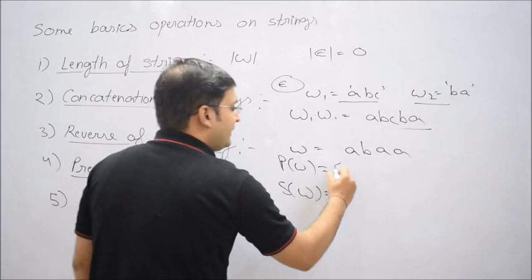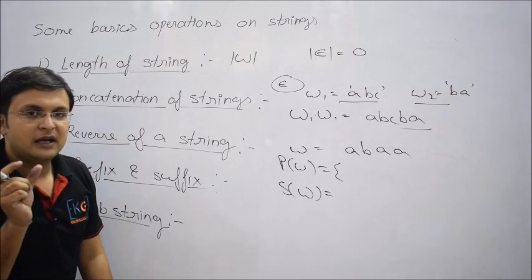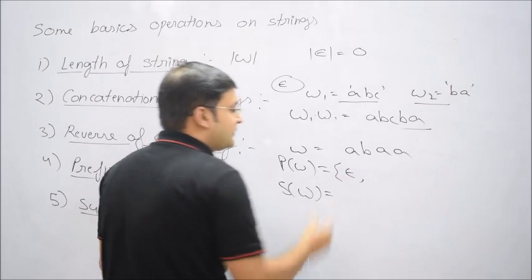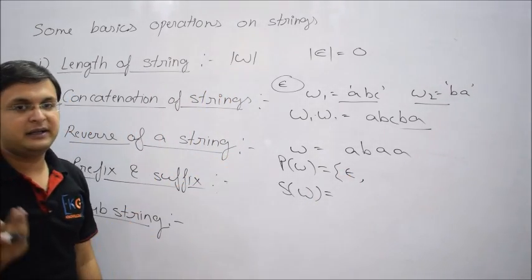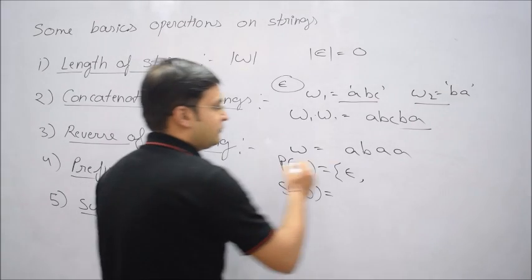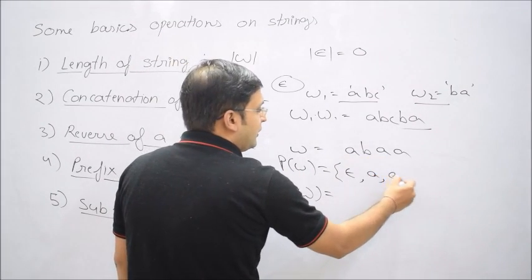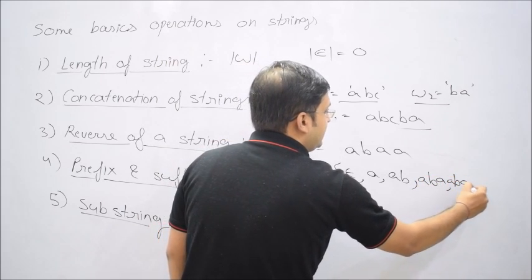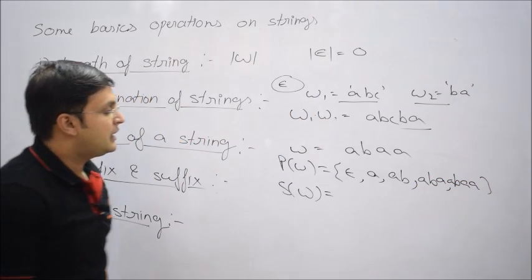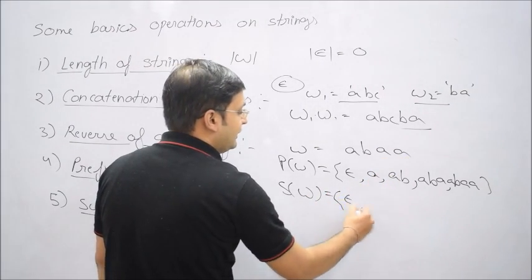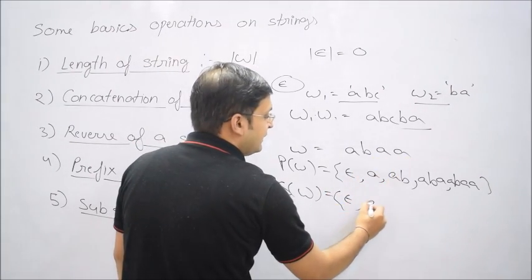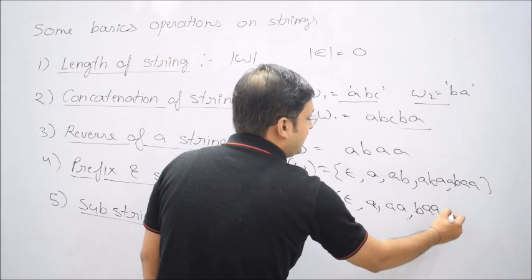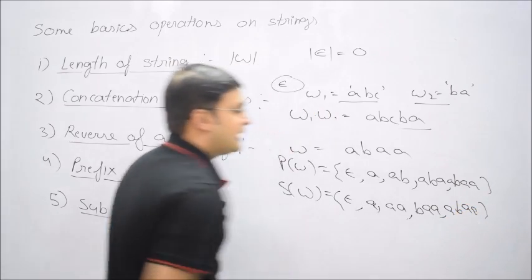Like in set theory, you see the empty set or null set is the basic set. Similarly, if I start on a string, the first prefix I'll always consider is what? Epsilon, because theoretically it is a string of length 0 which is in the starting. Otherwise, what prefixes do you have? You have A, or you can take AB, that could be a prefix, or again ABA, or again ABAA. Yes or no? Yes. Again suffix, so you can take it from that side. Either epsilon, or a single A, or a double AA, or BAA, or again ABAA. So that could be a possible set of suffixes.